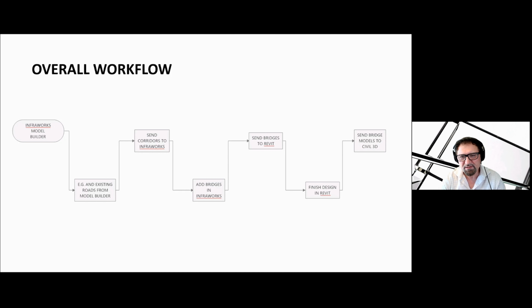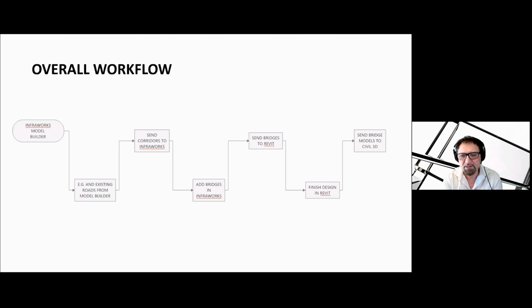That is a free service, and you can utilize it online. Simply register with Autodesk with your email and password. From there, we'll collect the existing roads and existing ground, and then send that to Civil 3D to do some design.